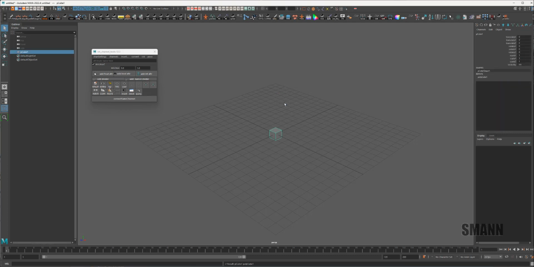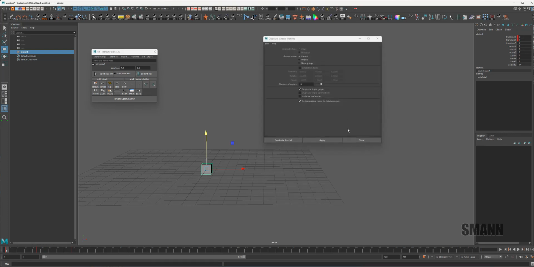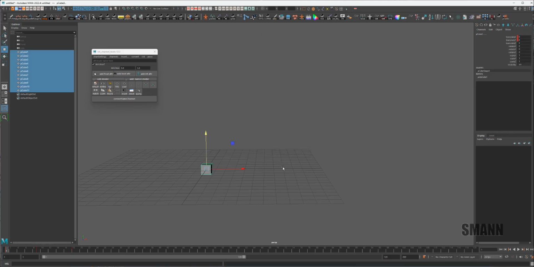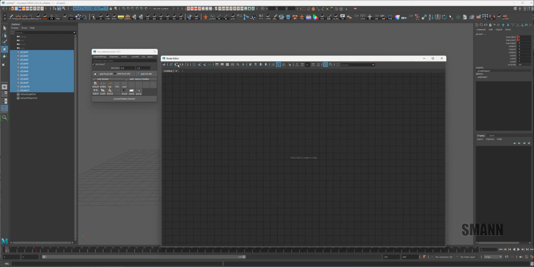Okay, so the other thing I'm going to do, let's do a similar animation here. And again, I'm going to go in here and delete static channels. No, you don't have to. It's not going to really change things all that much. Okay, so now I'm going to go to Edit, Duplicate Special again. But this time, I'm going to put it on Duplicate Input Connections. And so the difference here is it's going to take all those connections going into this cube and just reconnect them to the other cubes that get created. So now I have 10 cubes here created, or 11. If I select them and graph in the node editor,